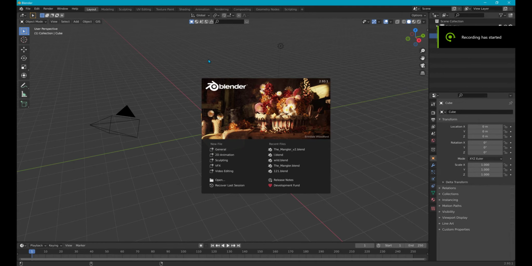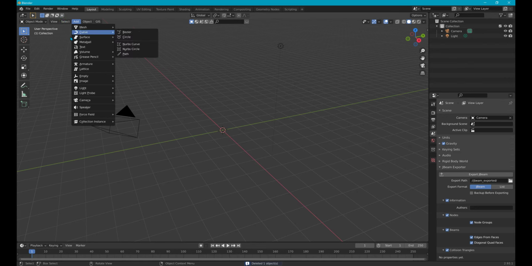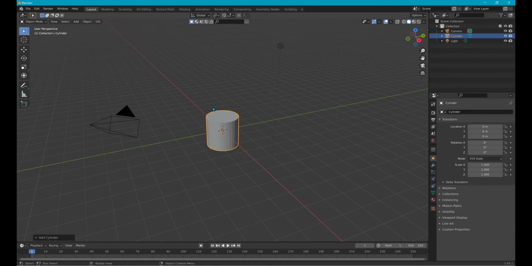Alright, this will be a little quick how I would do a speed bump. May not be the best way or the right way. It's just the way I would do it. I'd make a cylinder like that. I'd rotate it on its side,